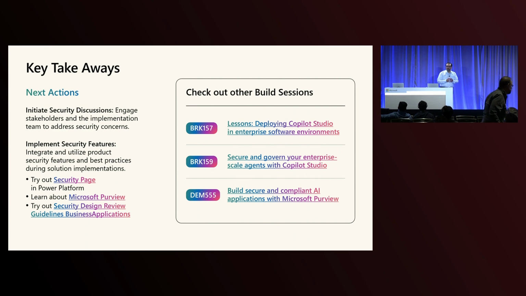Yes, two things. If you want a URL for the checklist, it's aka.ms/sfi for BizApps, if you want to access it right now. But it will also be available on the session page. There is a link called sample code. You can click on it and get it over there. Thank you.